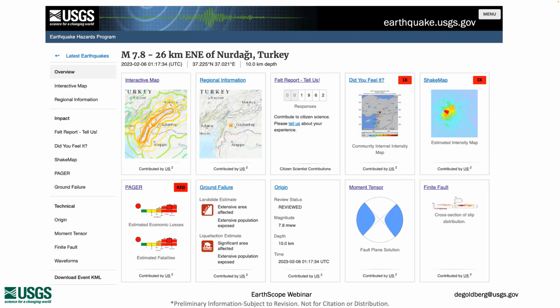Yes. So we have been testing DART buoy integration into our modeling code. It is not ready for real time yet, but that is something that's on our to-do list. We've been using it to work on some Alaskan earthquakes and do some testing there. So hopefully in the not too distant future, that will be part of our modeling efforts as well.